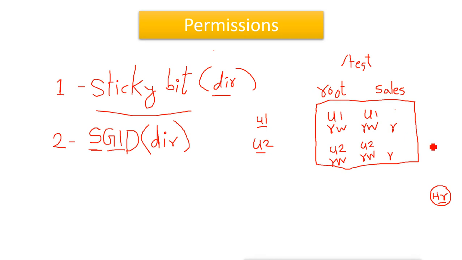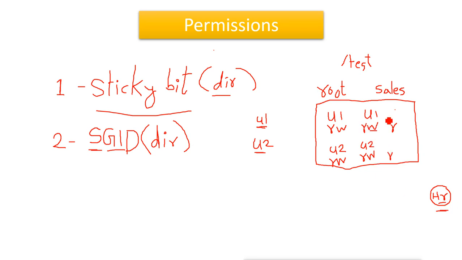We can do one more thing. We can add this user into the primary group of these users. That means user 1's primary group, user 2's primary group, user 3's primary group. Now what happens when they create a file? By default, because of the umask, the primary group will get the read write permission, and because of the group, this user will also get the permission. Now we don't have to do anything manually, it will be automatic. Automatically this user will get the read write permission because of the primary group.